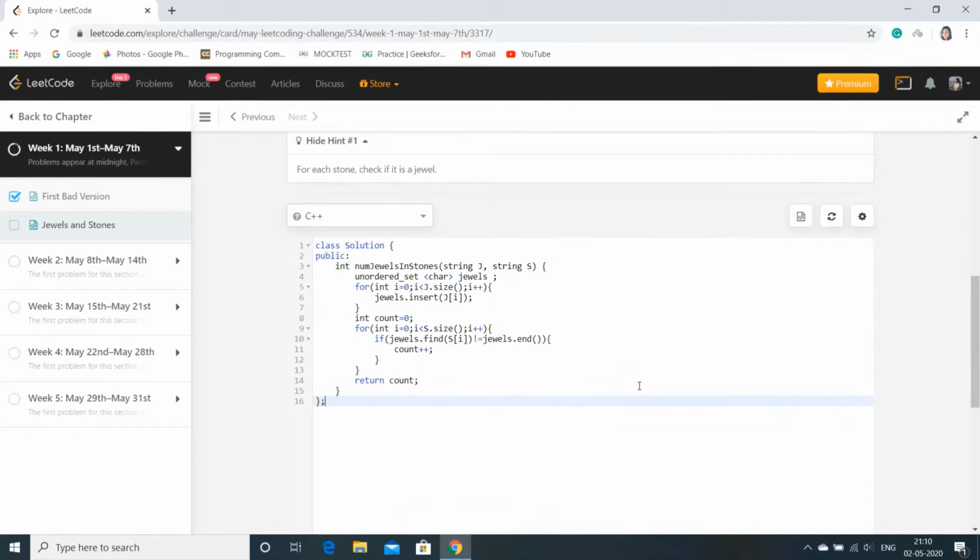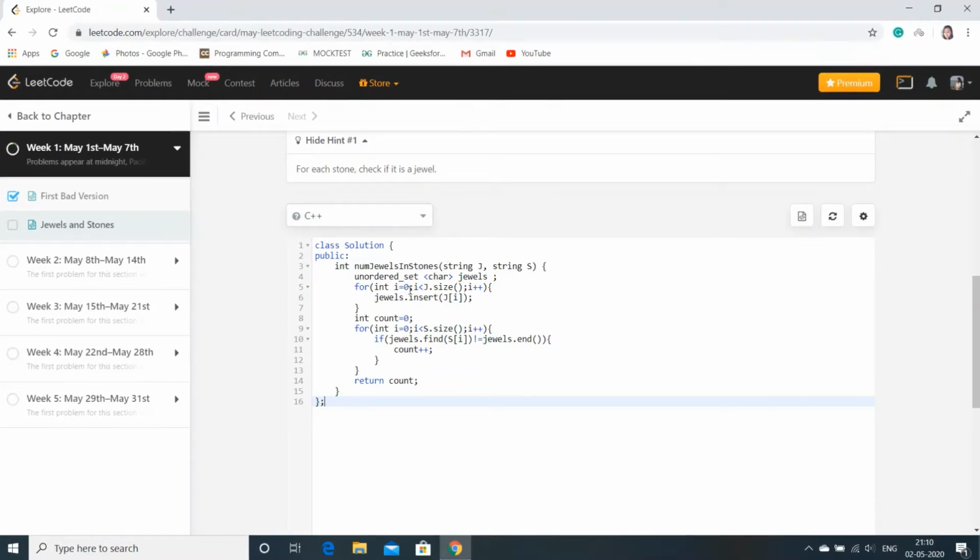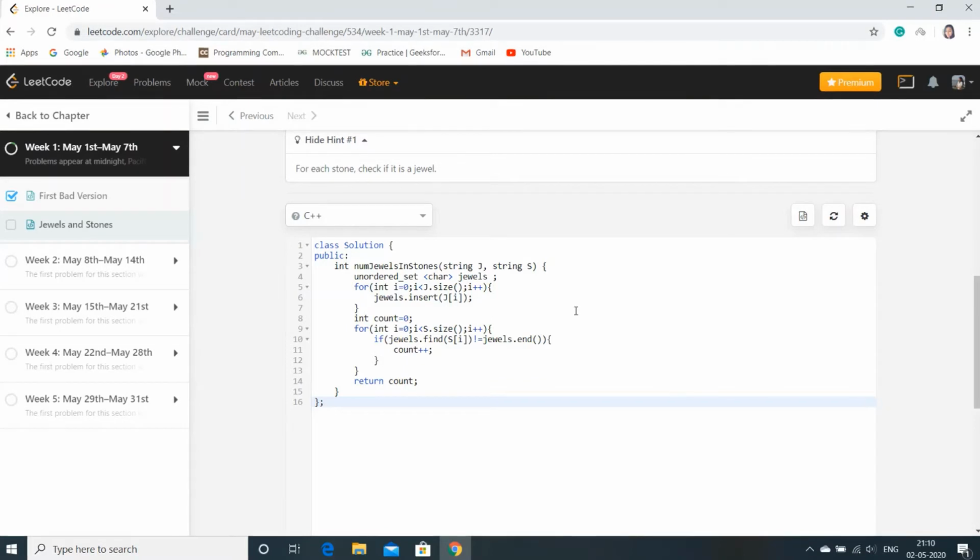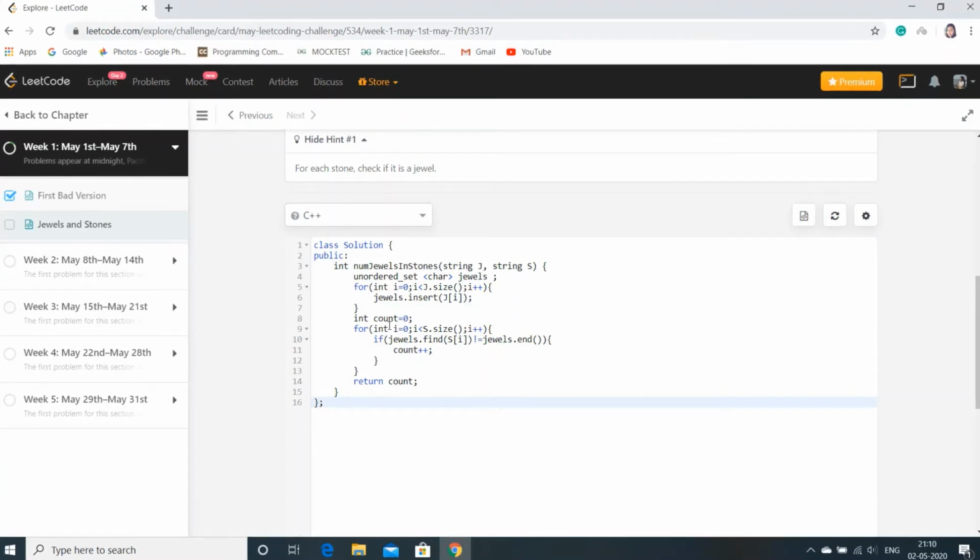I have already written the code. So what I have done is used an unordered set of characters which I have named jewels. And then I iterate through the jewels list, j.size, and insert each character inside the unordered set that we have created. Now after that, I have initialized a count to 0 to count how many jewels are present. And then I have again iterated through the stones list, s.size.